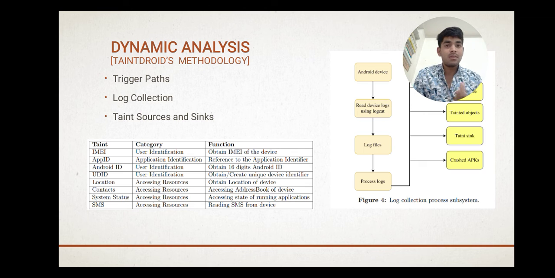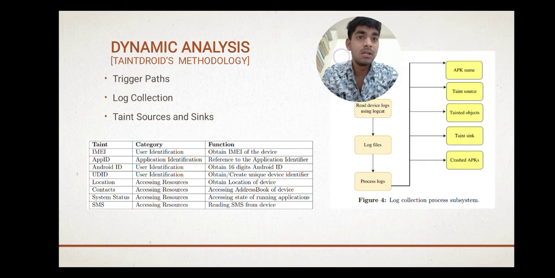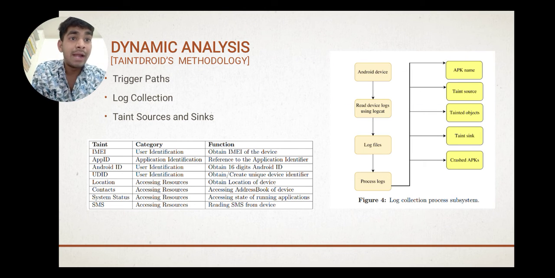Second is log collection. What is log collection? The Android device reads device logs using logcat, then goes to log files, then to process logs, and gets all the info about the APK, like APK name, taint source, taint object, taint sink, and crashed APKs, whatever we want.